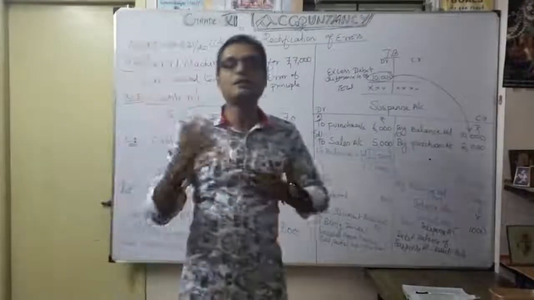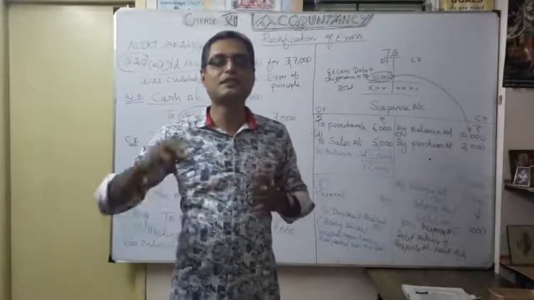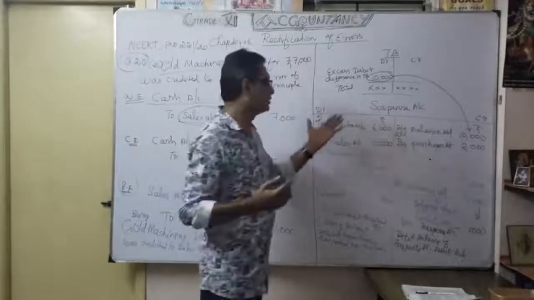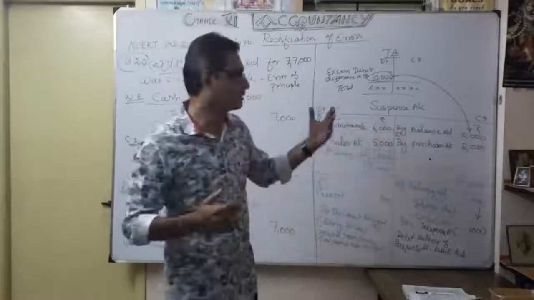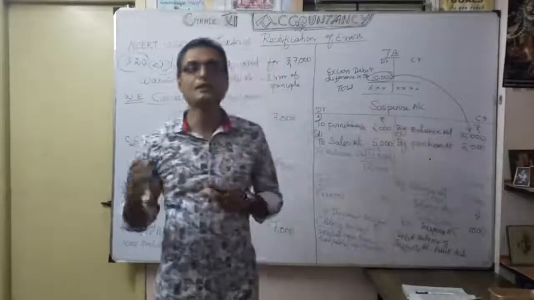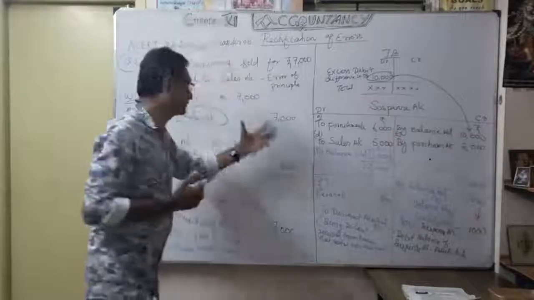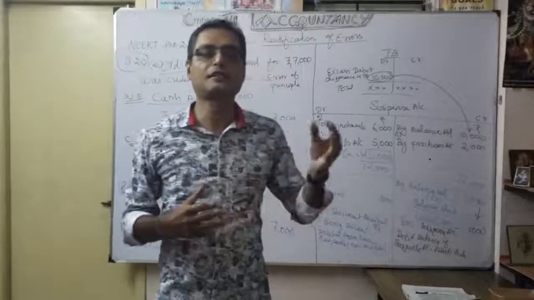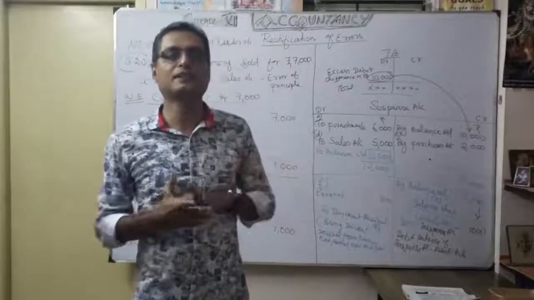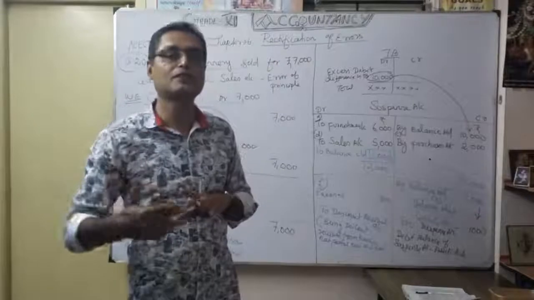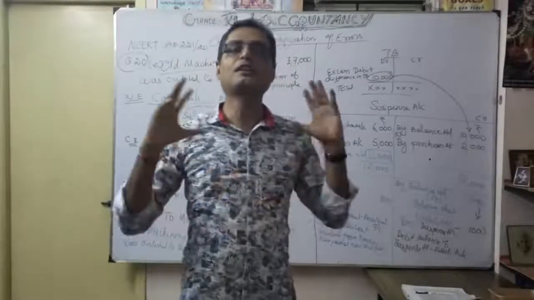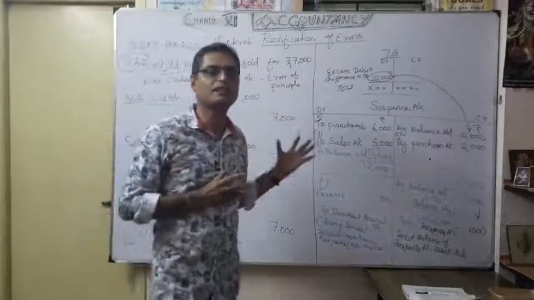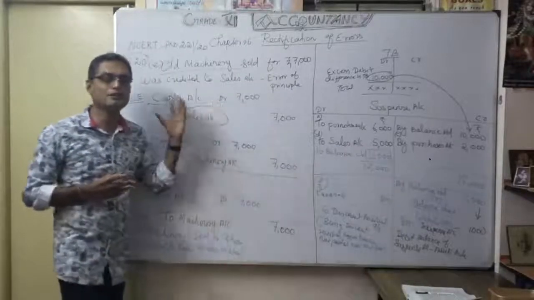It's a very important one. Comparatively, any differences are clearly given in the question itself. How are you going to do it? Again I am requesting you, you have to do the suspense account simultaneously. That's how you can do the rectification of errors very easily. And one more point, repeat once again. Wherever necessary, you want to write the wrong entry, the correct entry, then the rectification entry. Don't go directly for the rectification entry, because you can't learn clearly, and you can't confirm that the rectification entry is correct. That's why you always want to follow this procedure.